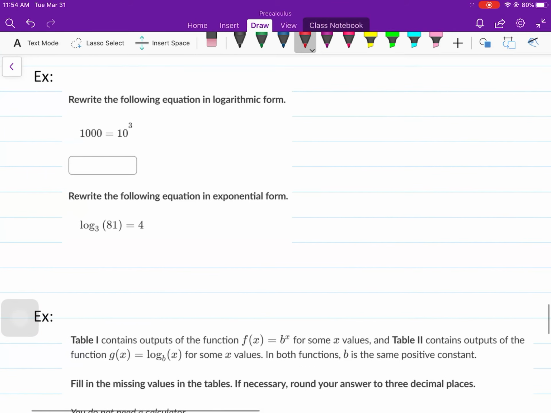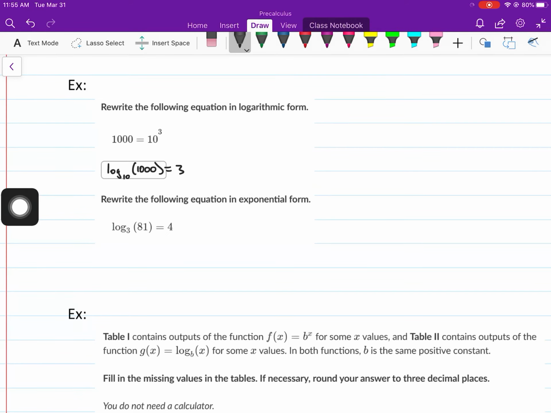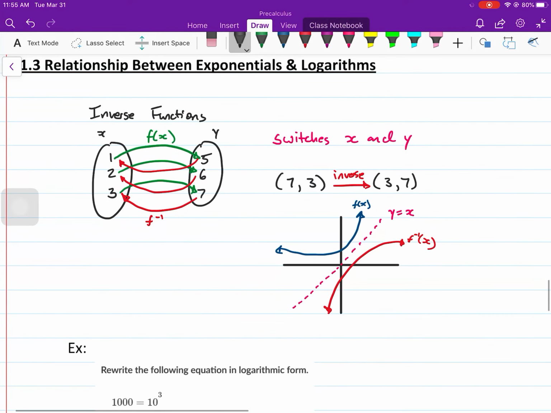This first example doesn't really use that idea too much, but they're just asking to rewrite your logarithms. So this would be log base 10 of 1,000 equals 3, because remember 10 to the third power is 1,000. And this one rewriting, this would be 3 to the fourth power is 81. So this is just all about rewriting it. Nothing to do with this idea, but the next two examples you'll see have everything to do with this switching